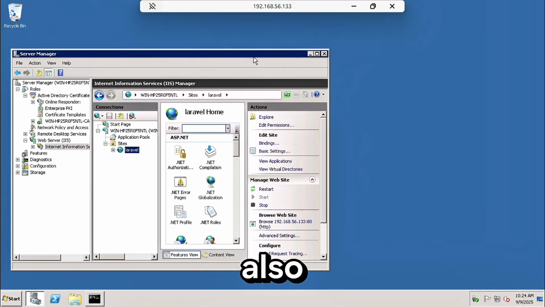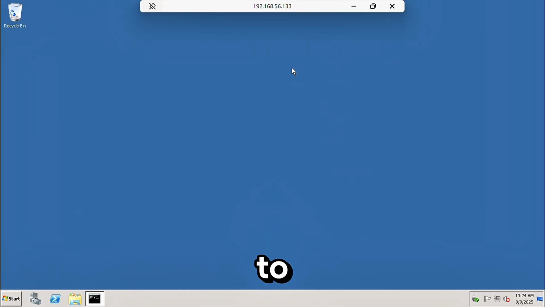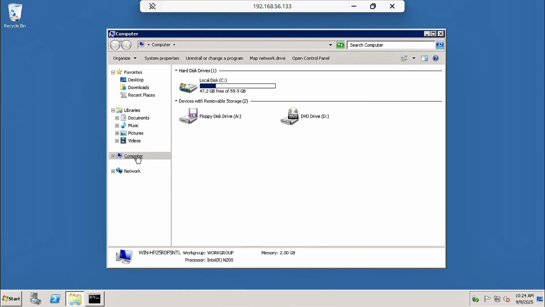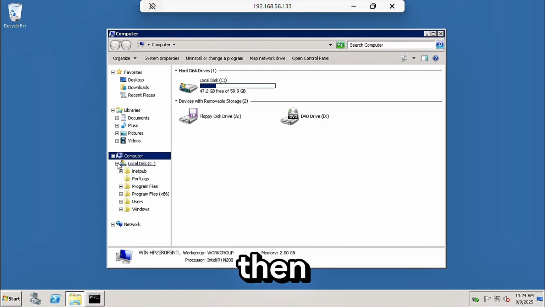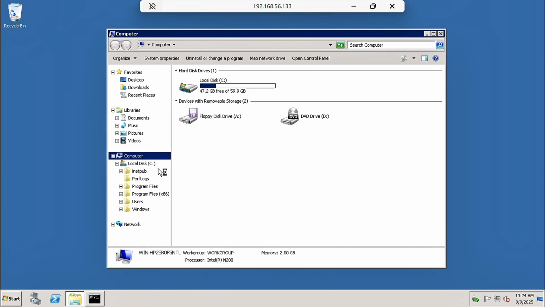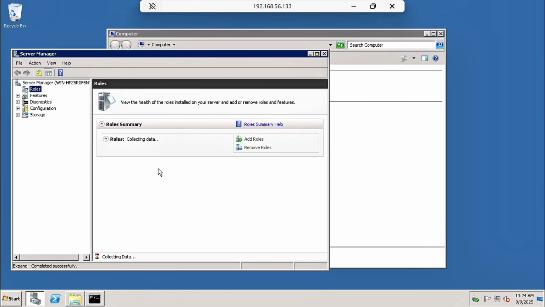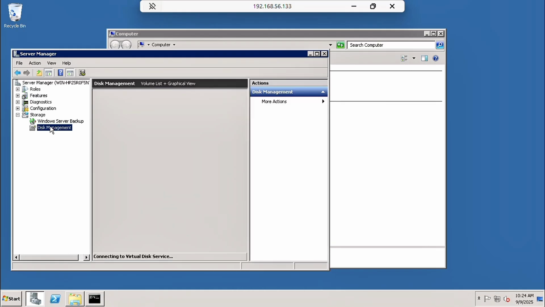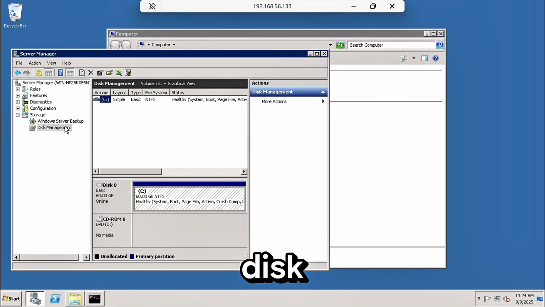And now I will also demonstrate how to create your own hard disk drive. So go to computer and then right click the computer and then choose manage. And then choose storage, and under the storage, choose disk management.